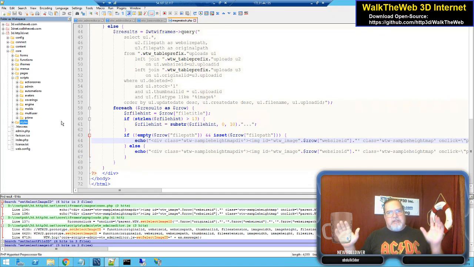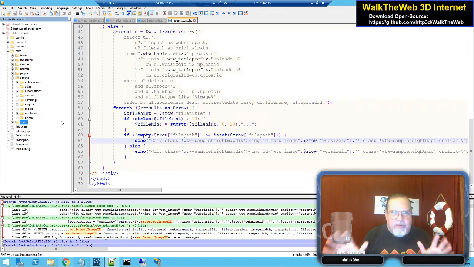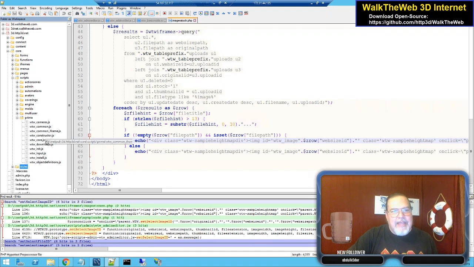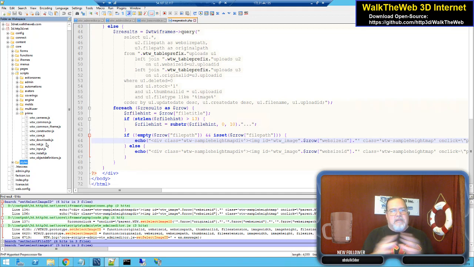Now scripts. Scripts is the core of what we're doing. Okay? I have it divided by some really important areas. The scripts themselves, each one has particular functions, and I tried to divide them based on those particular functions for the most part. I'm going to kind of start from bottom to top. Well, I'm going to pick out a couple first. Prime, these are the core scripts that make 3D browsing work. This is the brains behind everything else that you see. This is the core that I wrote to make all this stuff actually work. Okay, with that said,